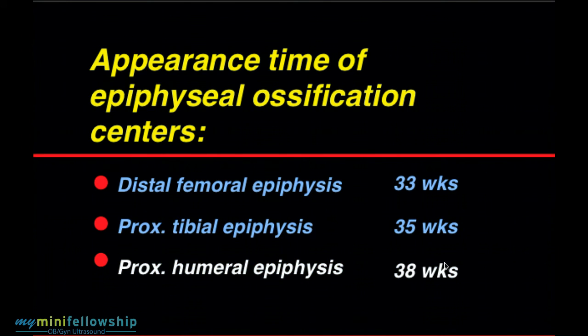The proximal humeral epiphysis shows up at around 38 weeks on average. Again, this is more definitive in a male than a female fetus, but if I see a proximal humeral epiphysis, I want to see fetal measurements that tell me this is a near